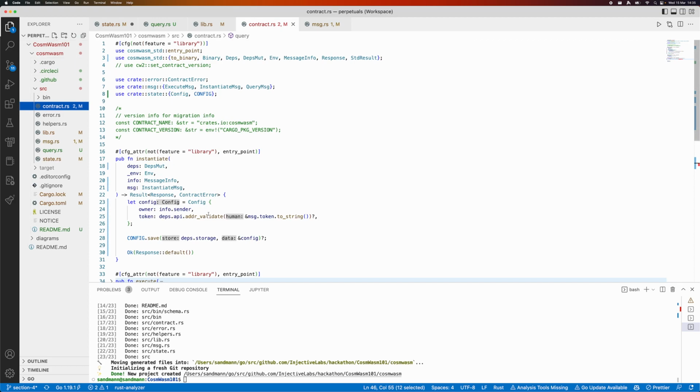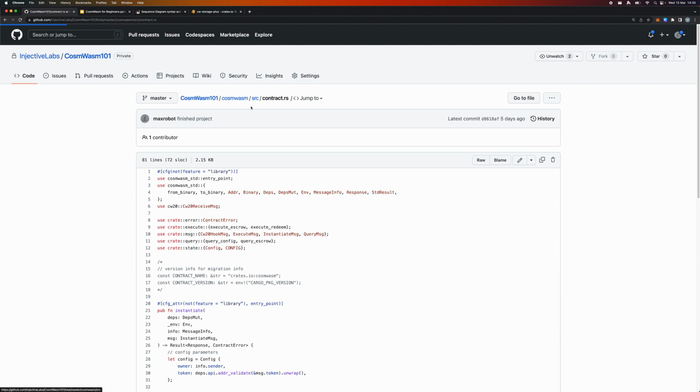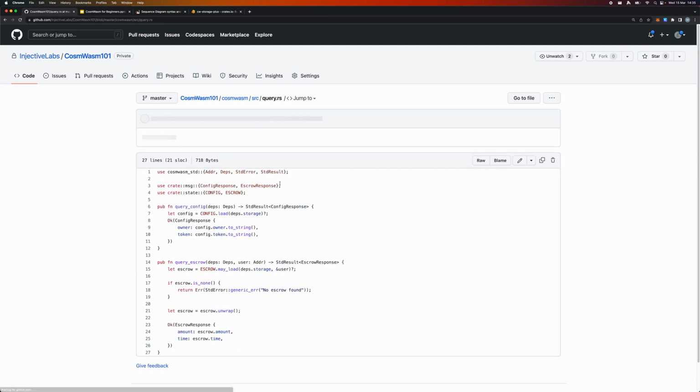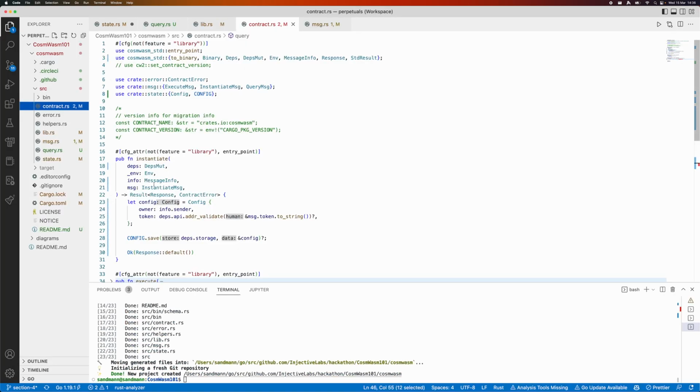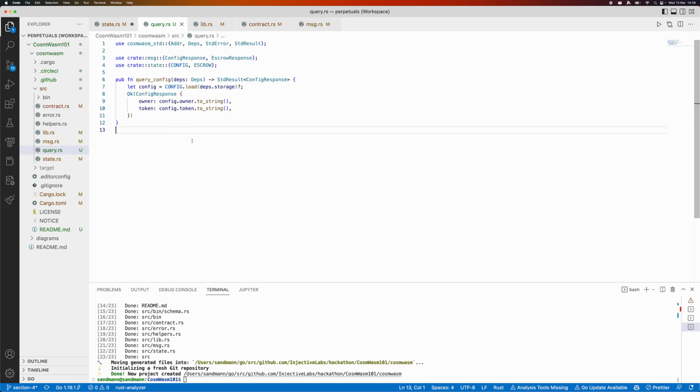The first thing we're gonna do is we'll just copy and paste it from here, but we'll also briefly discuss what it does. Here you see all the CosmWasm standard stuff that we're importing: address, memory, errors, results. Then we have these config and escrow responses, so that's what's going to be returned. And then also the state, because we're going to need to load the config from memory in order to be able to return it. So if we just quickly, for brevity, copy paste that here,